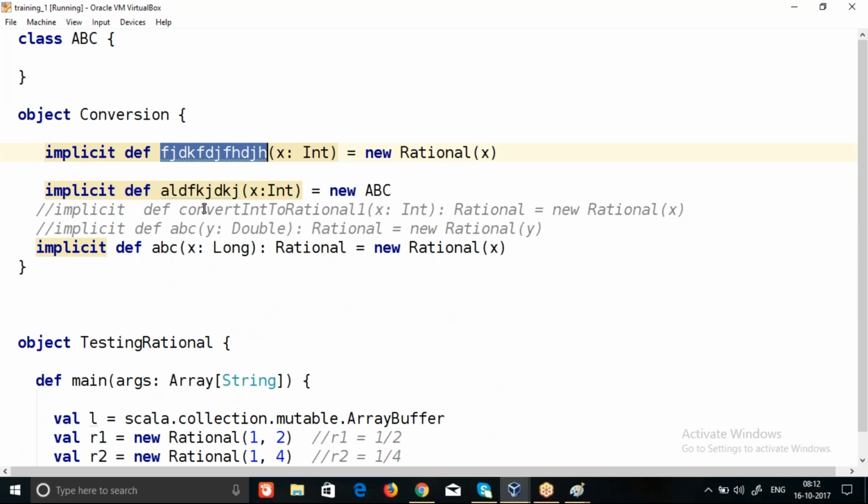Similarly, when I say implicit value, a value will be passed to a parameter implicitly by the compiler. We don't have to explicitly pass a value. So to understand that,